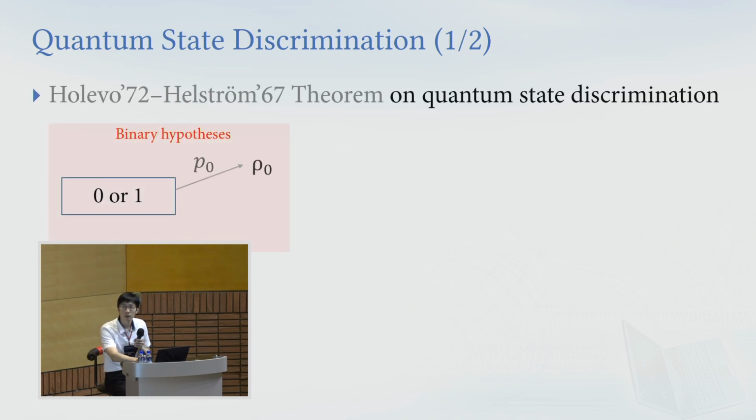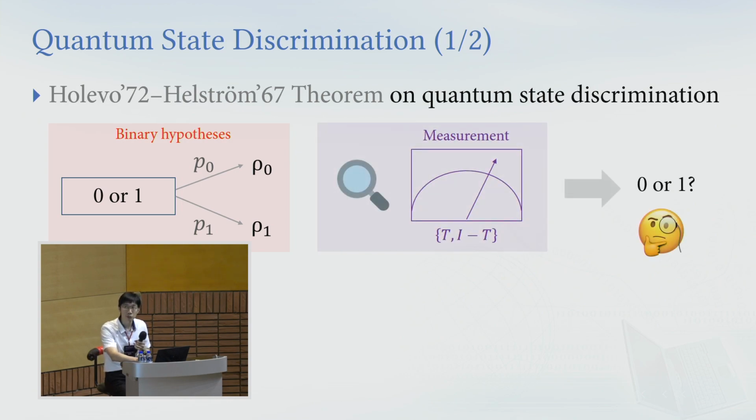If the quantum system is in a state either rho 0 with probability, say, P0, or in a state rho 1 with probability P1, then the goal of quantum state discrimination is to perform a measurement, or call it a test, which is described by some operator T and identity minus T. Then we want to figure out which state, rho 0 or rho 1, the system is in. Then the Holevo-Helstrom theorem tells us that the optimal error probability for this binary state